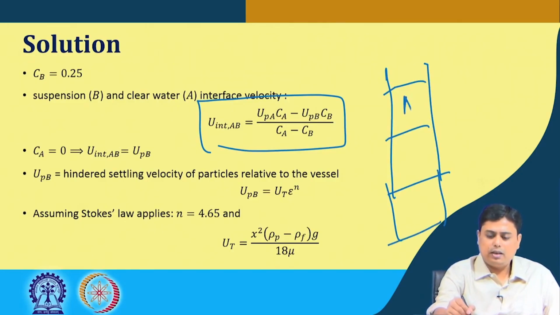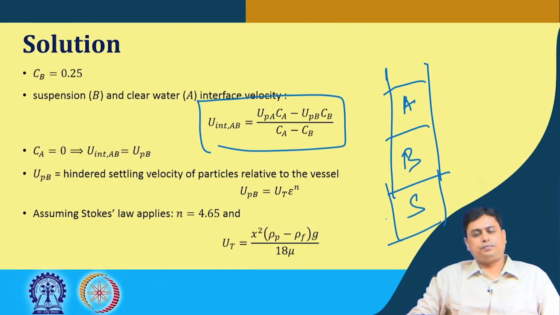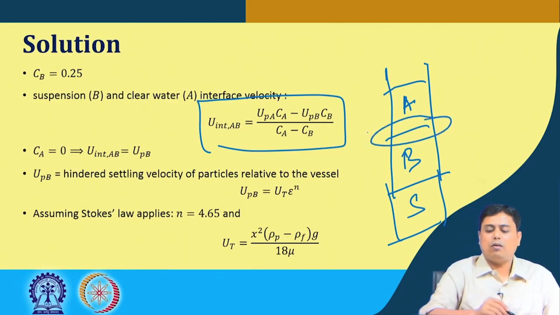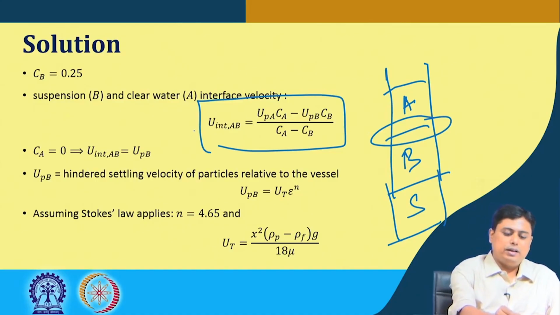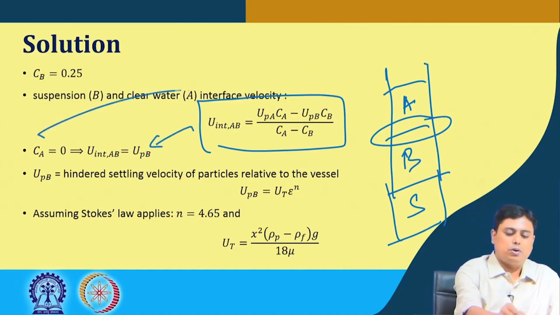See, this is zone A, this is zone B, and say this is zone S. So, the concentration in zone A is Ca and the concentration in zone B is Cb. This is our interface. Now, for the clear liquid section, the concentration of A is 0. So, this expression, if I put that here,